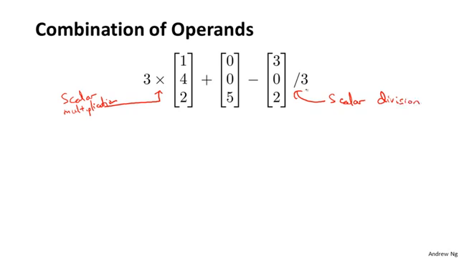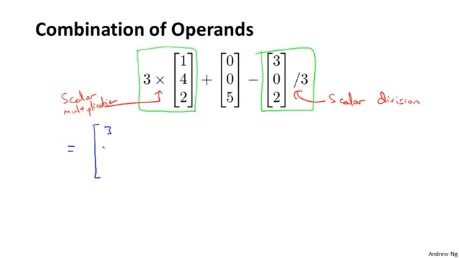This really just means 1/3 times this. And so if we evaluate these two operations first, then what we get is 3 times that vector, which is 3, 12, 6, plus my vector in the middle, which is 0, 0, 5, minus